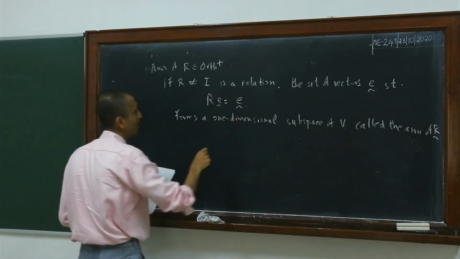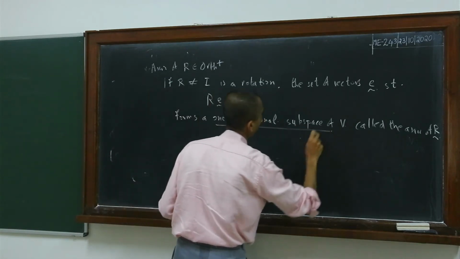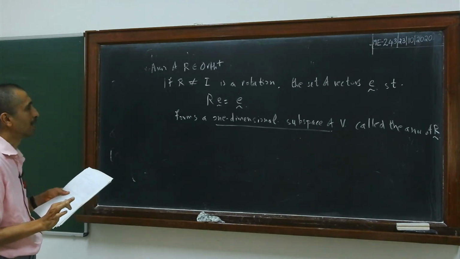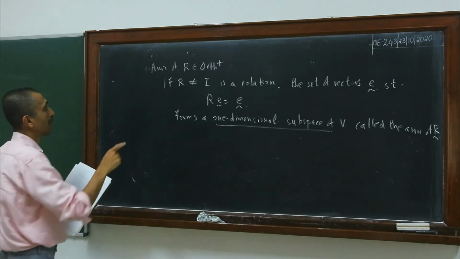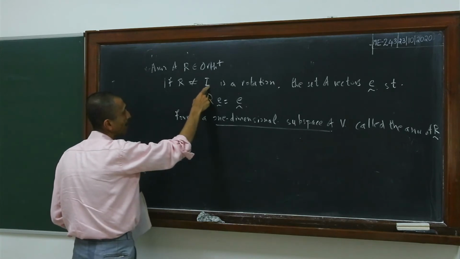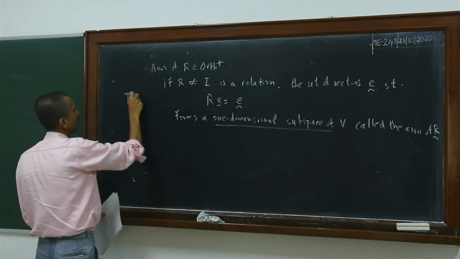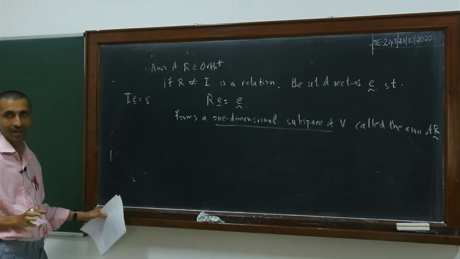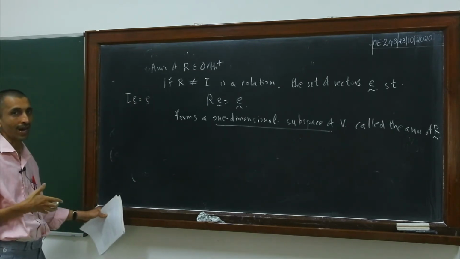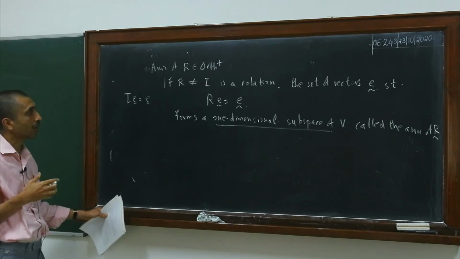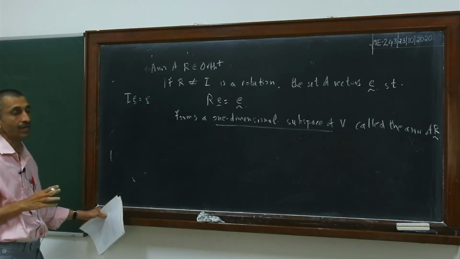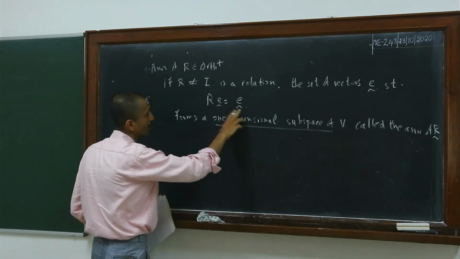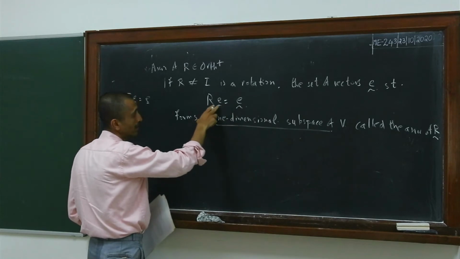What we mean by one-dimensional subspace is that it's just unique. Basically, we say that the axis is unique. That's the only thing here. So we exclude I, because I times E equal to E is always true, right? So you can choose any vector, and there is no uniqueness when R is equal to I. But if you choose R not equal to I, which is a rotation, then you get a unique vector as the axis here.